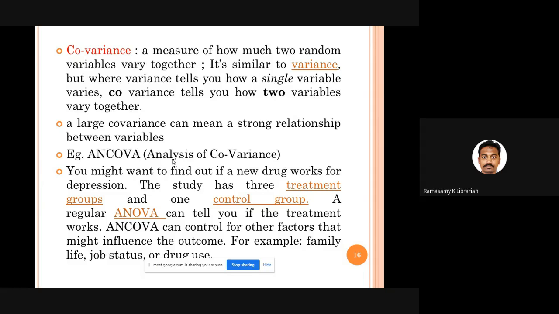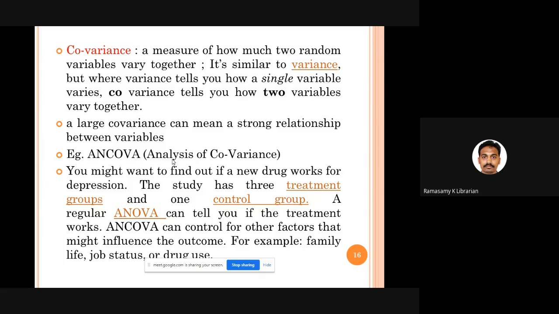In SPSS, you can have something like ANCOVA, analysis of covariance. So basically, there is a difference between ANOVA and ANCOVA. In ANOVA, we are just trying to find out whether there is any difference among 3 different groups of people: urban people, village people, and semi-urban people.